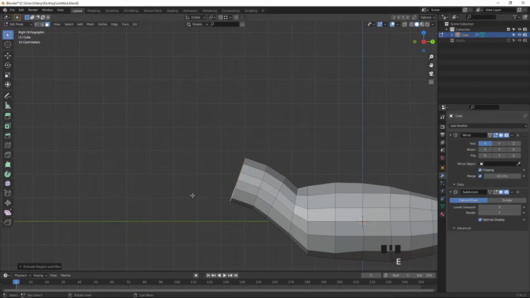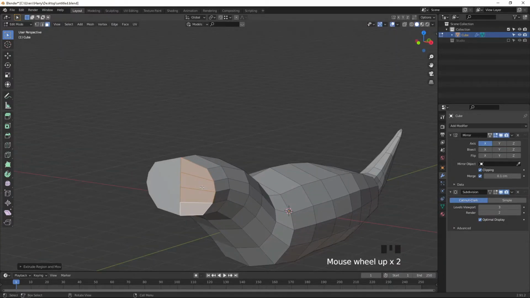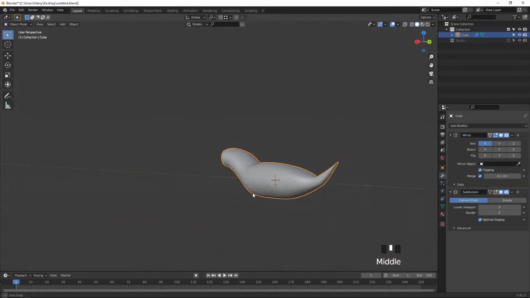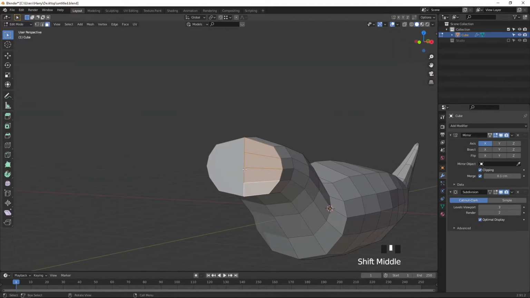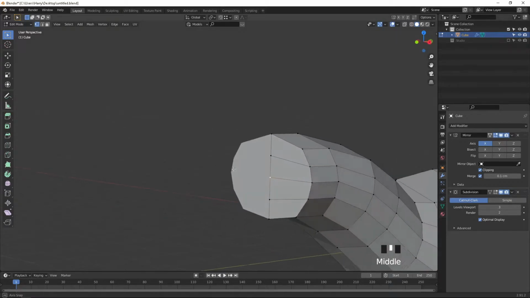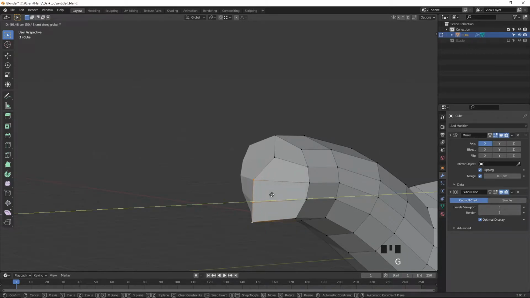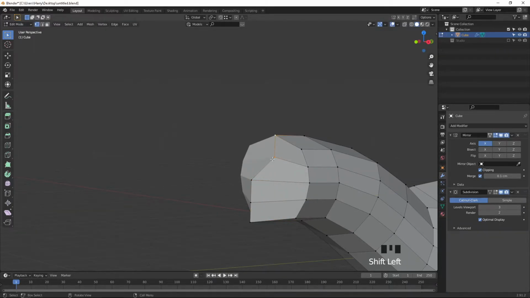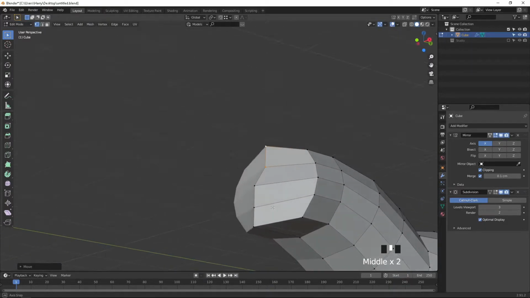E to extrude, rotate it like this, and scale it down slightly a little bit. E to extrude, so here one thing. Okay, fine. Okay, now press 1 on the keyboard and select this string, G Y axis. I'm going to move. Select this one, G Y axis. I'm going to move. Okay, this is the face I'm going to design here.